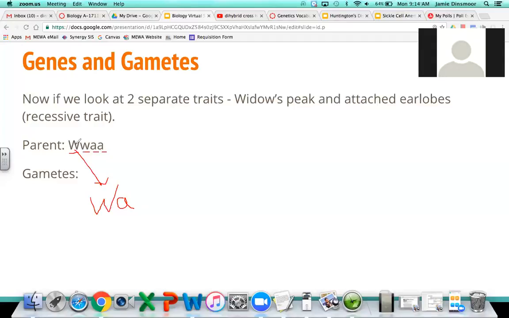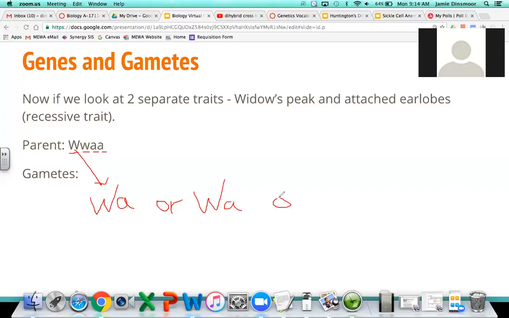So we're saying here you got a big W and this first little a. Or you could get the big W and this other little a. And you may be thinking, well, that's the same exact combination. It is, but you have a 50% chance of getting that as your genotype. That's important to write it twice like this to see. Once we have all 4 out here, there's a 50% chance that's what you're getting,